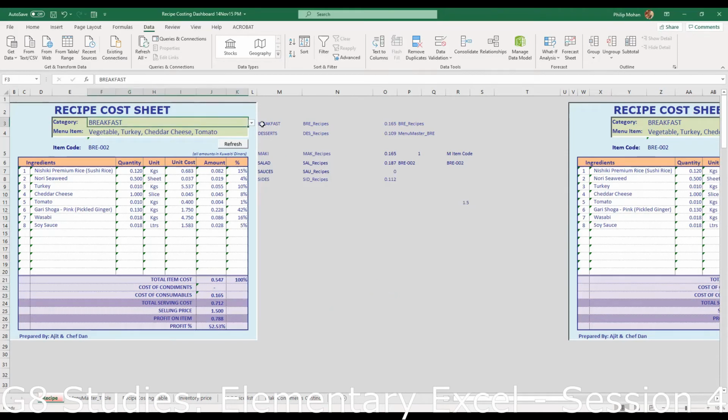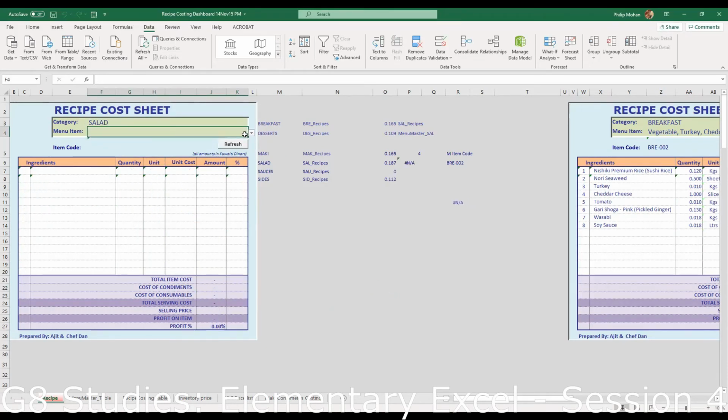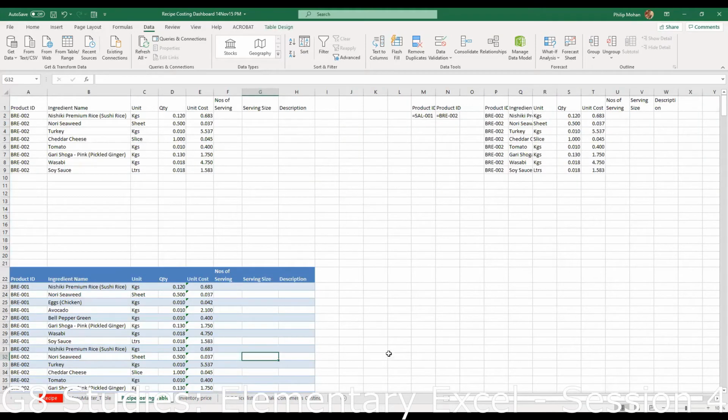So when I choose salads, and I choose the rock and roll shrimp salad, before I do refresh, let's just go there and see what's happened. See, this has not changed yet. This is still the old one, but here it has put salad one and product ID is rock and roll shrimp salad. Let's just go there.